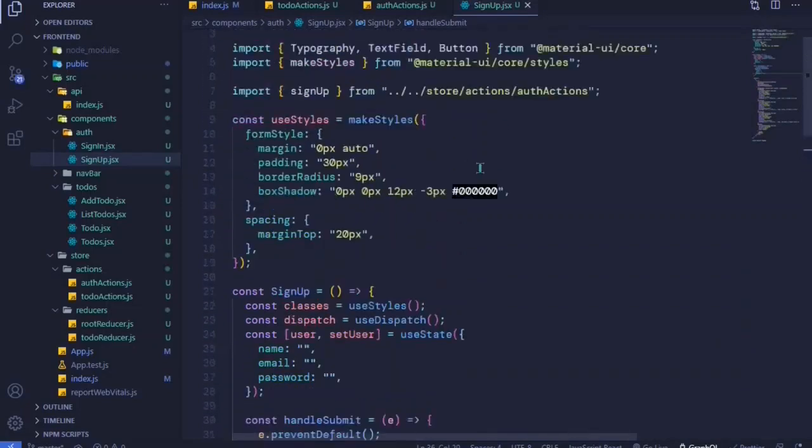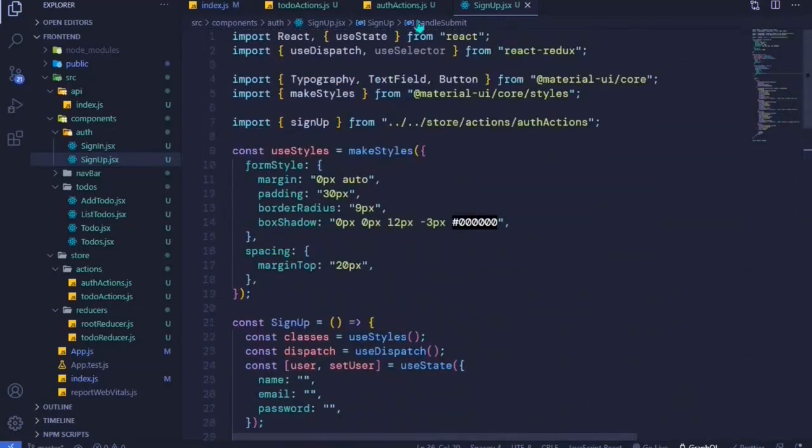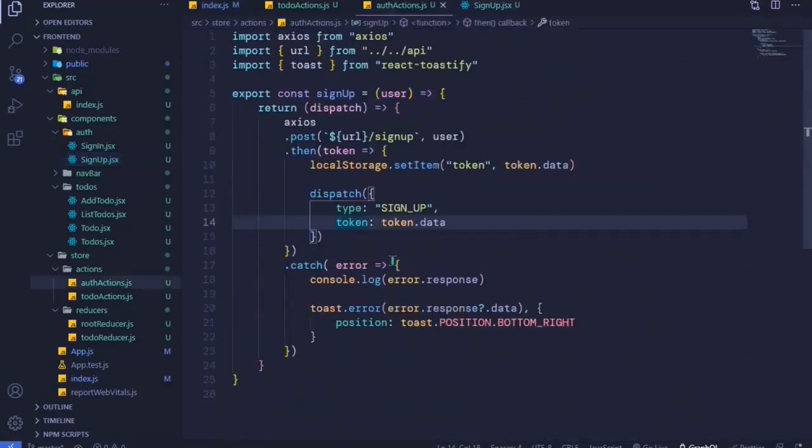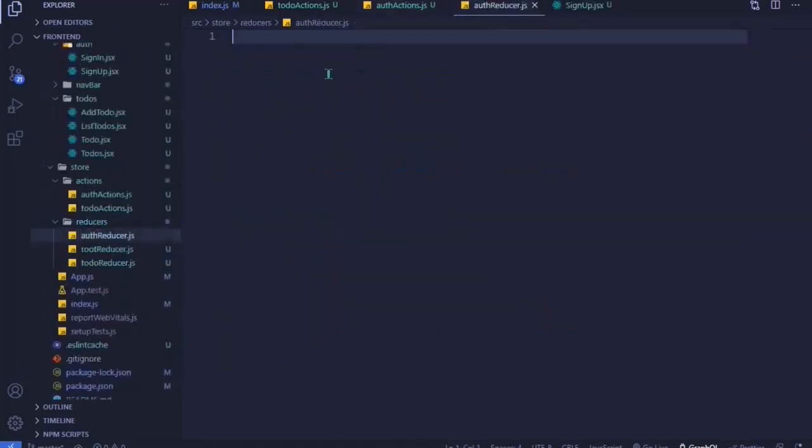I guess this is okay for this form at the moment, and all we need to do now is to update our state using the auth reducer. So in our reducers we have the root reducer and the todo reducer, so we can add a new file for the auth reducer. So right here I'll say authReducer, just like that, but .js, and then this auth reducer is supposed to be just a function. So right here we will import toast from react-toastify for our toast messages, just like that,